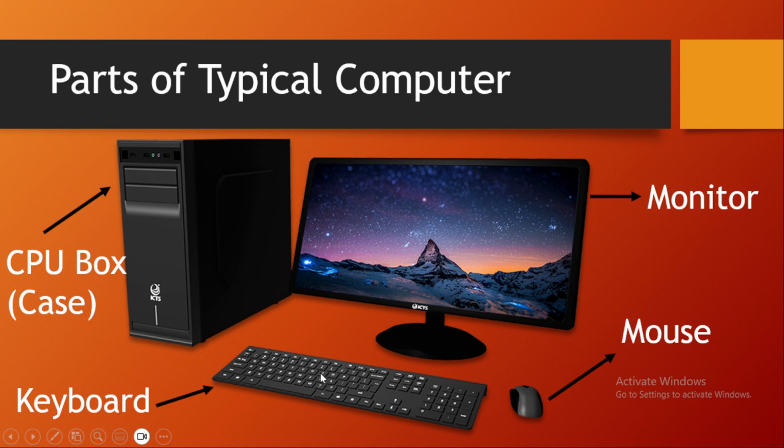Keyboard. The keyboard is a rectangular board which consists of all the alphabets, numbers, and some symbols, and all the different command keys and directions. All these are present on the keyboard. All this data and instruction is given through the keyboard to the computer. Okay, then this box-like thing is called the CPU box,